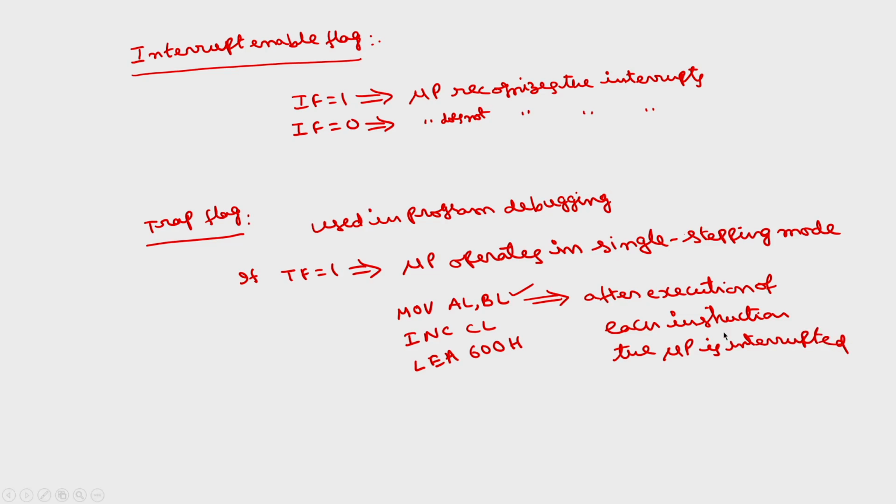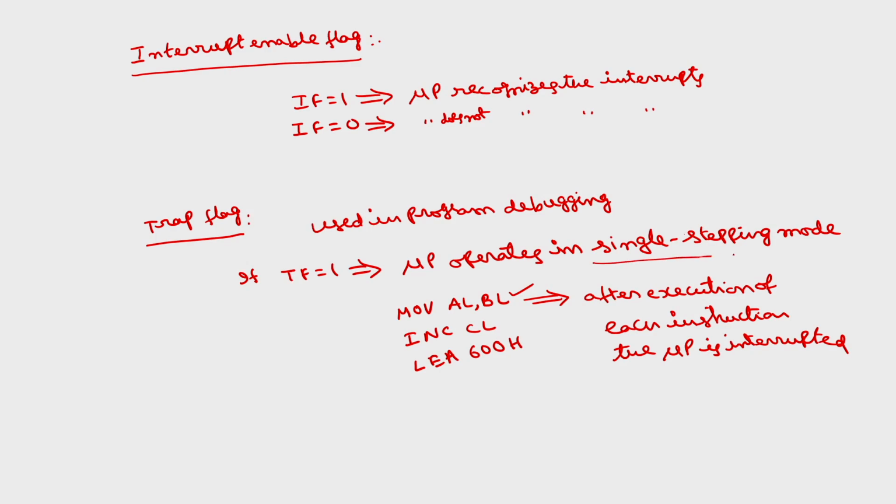Whenever the microprocessor is interrupted, it will stop the execution of the main program and go to a subroutine called the interrupt service subroutine. I will discuss that in detail in the coming lectures. In the interrupt service subroutine, you can write a program to display the contents of the memory and registers, so that I can check the contents of the registers and memory locations. Then I can check whether this particular instruction is correct or not.